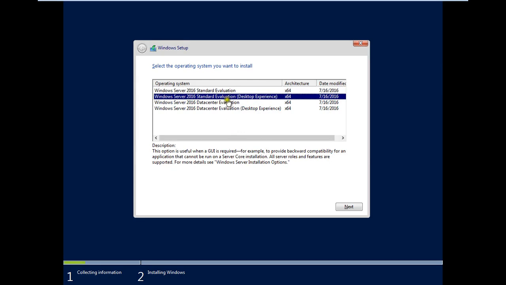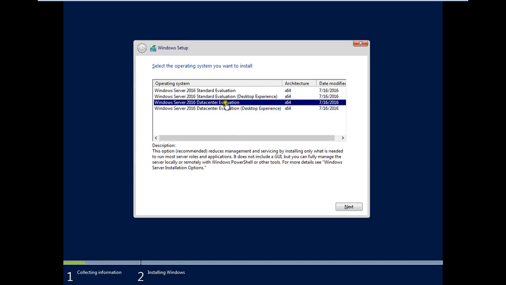Desktop Experience is GUI and this is Core. So we will select this one, the evaluation without Desktop Experience. You can read here, it does not include the GUI option. So let us continue, next.